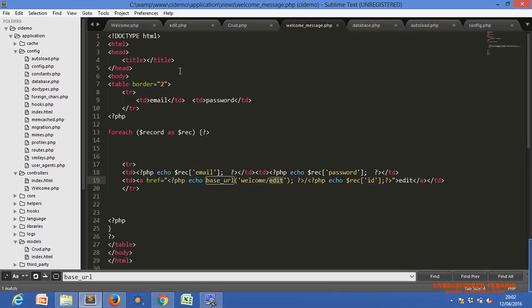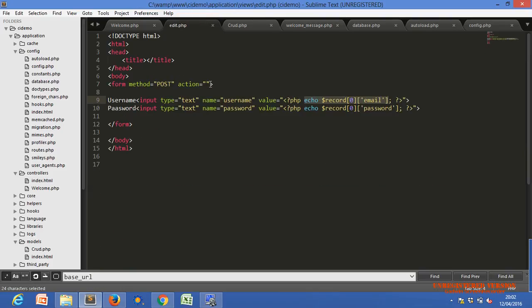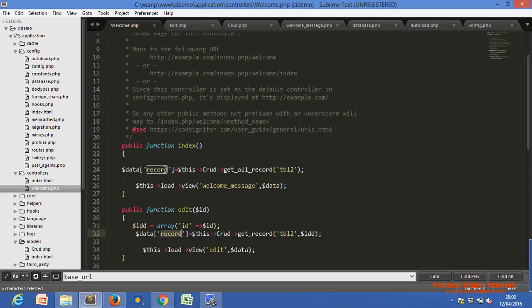With the help of that button, where is the edit? Yeah, here, edit view and action. Just use base URL here and send it to a function of the controller. With the help of that controller, we get the value from dollar underscore post and submit.